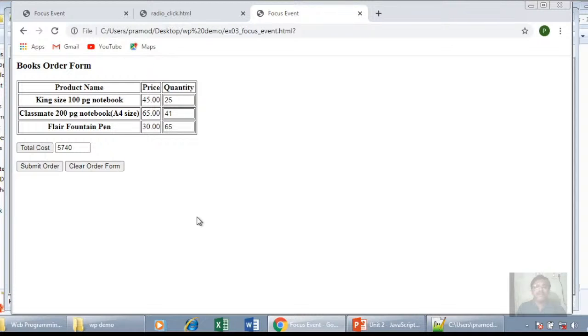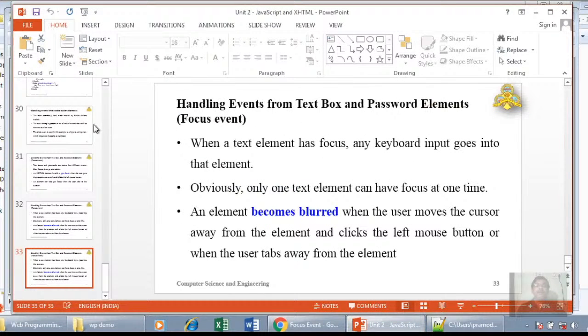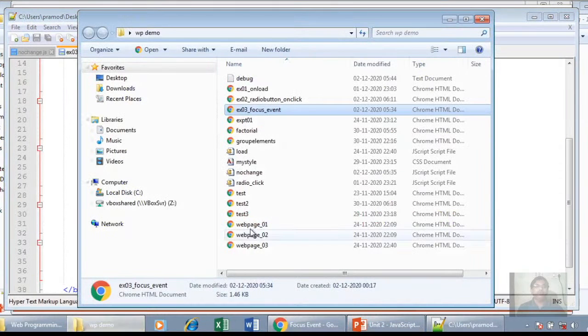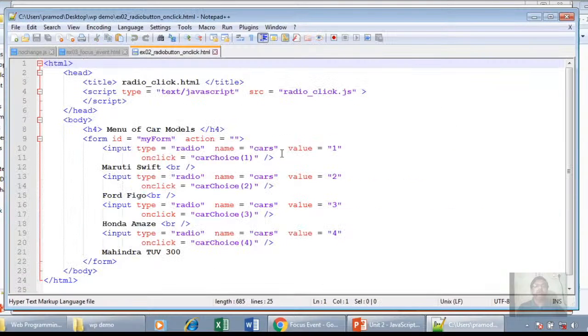Okay students, this is the demonstration of using the blur event and providing the click event for the radio buttons. One is directly giving the alert, and an important point here is that we have stored the code in separate files,